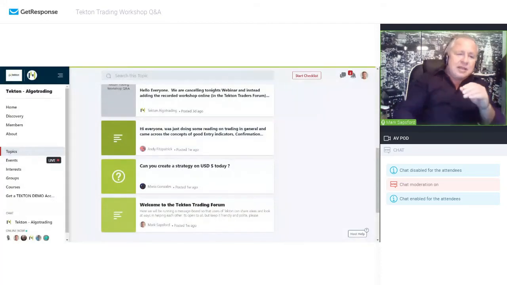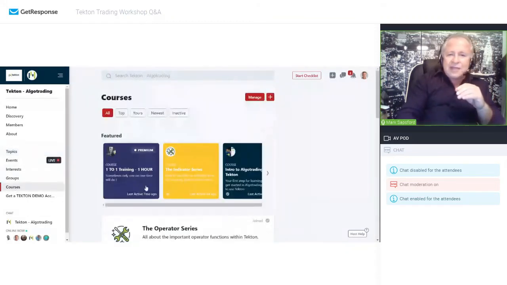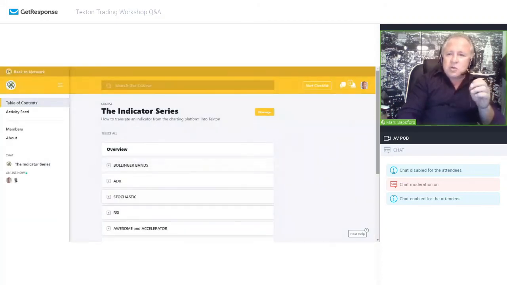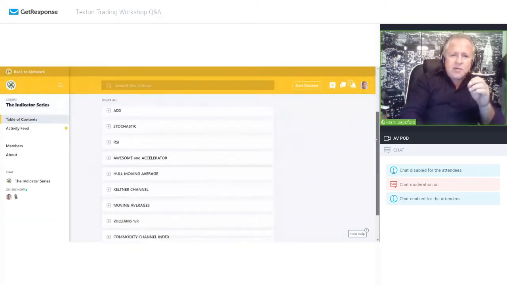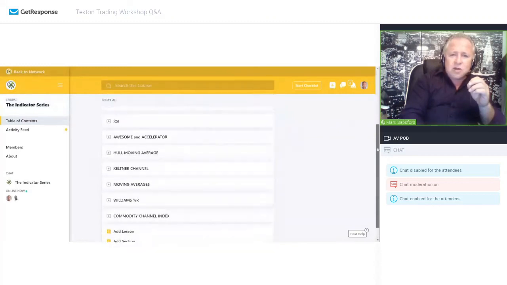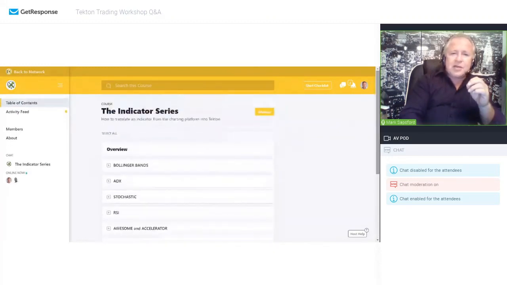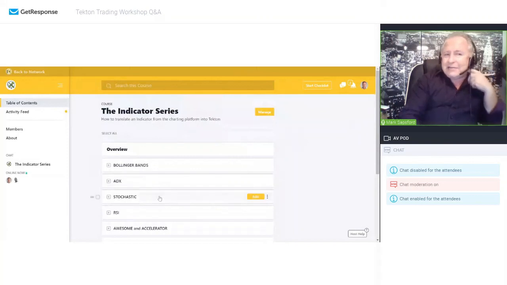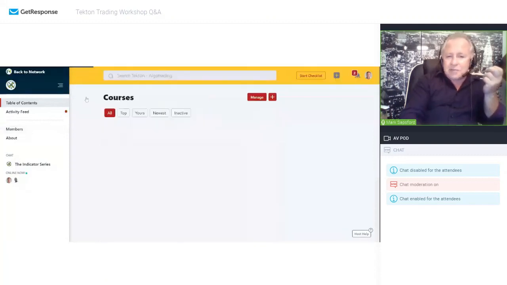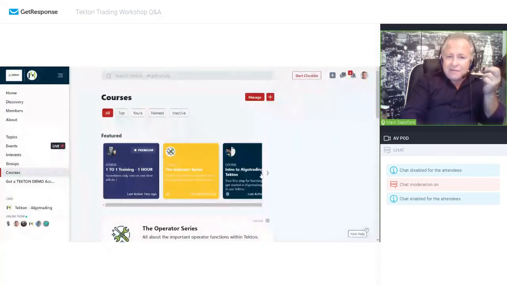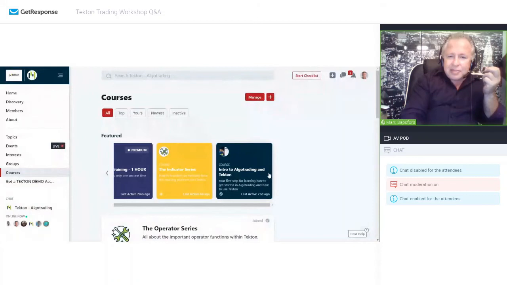I did mention earlier about the indicator workshop. So we have the indicator series here, under topics and courses, and you have all of these workshops for free. The indicator series covers all the main indicators that we use on Tekton. Here we have intro to algo trading and Tekton.